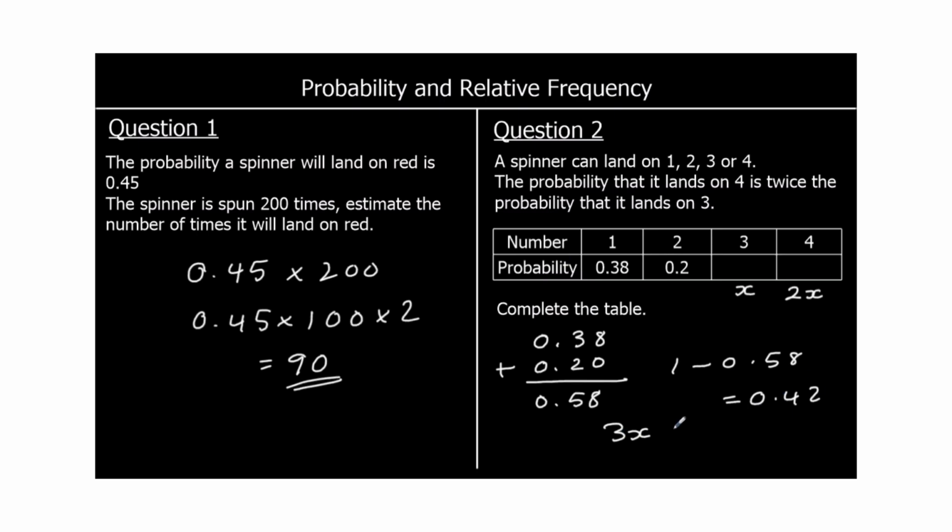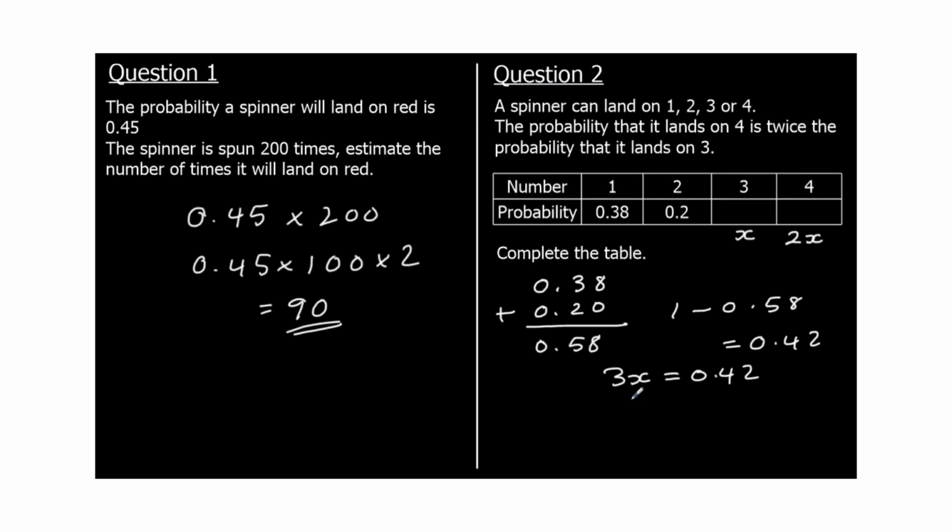So 3x is 0.42. Divide both sides by 3. So how many 3's go into 42? That's 14. So x is 0.14. 2x is double that, 0.28. And that was the question. So we've completed the